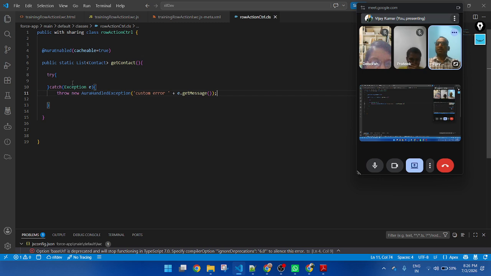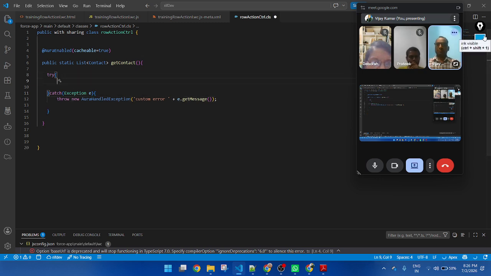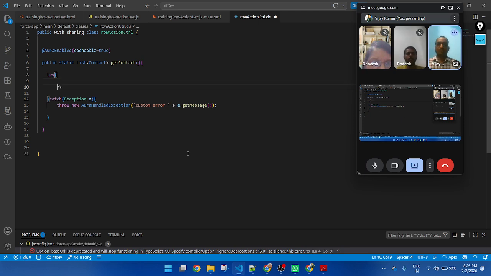Okay. Now go to the try block. In the try block, I will write a SOQL query and fetch a list of the contact records.